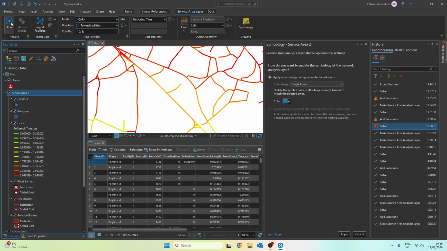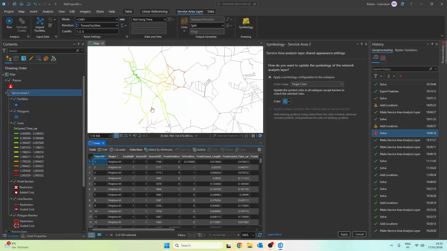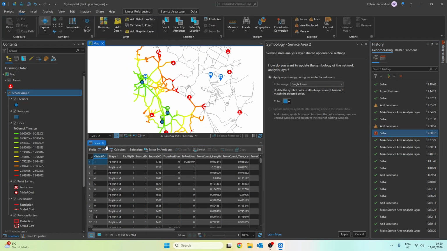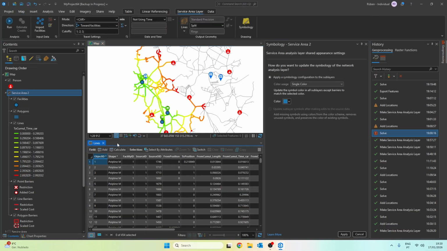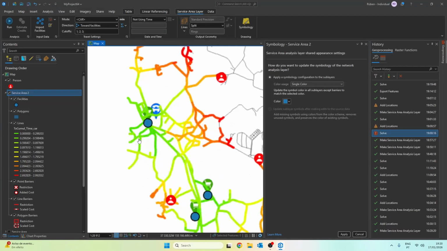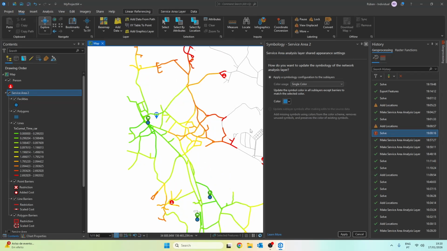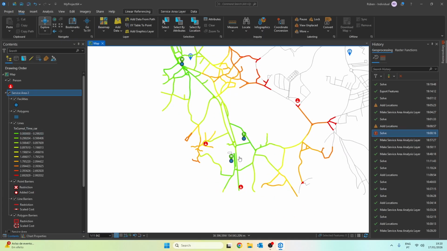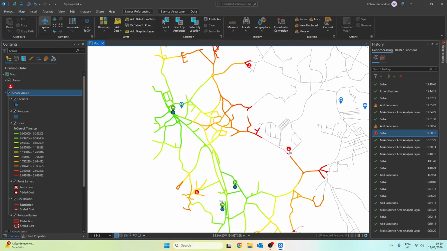Okay, now notice how different the result is. This time we have much more green near the supermarkets and red as we move further away, just like in the first exercise. But now represented with lines for supermarkets in minutes and using car travel. Personally, for visualization purposes, I almost always prefer to represent my results like this, except in specific cases where it makes more sense to represent each facility separately, which sometimes does happen.